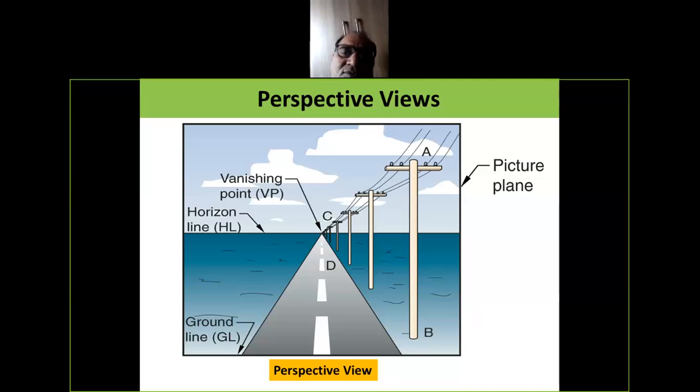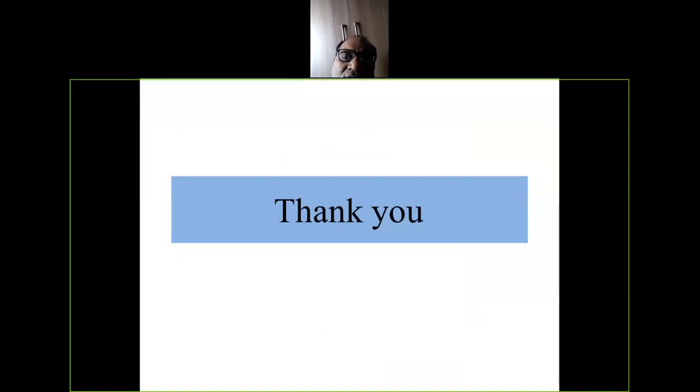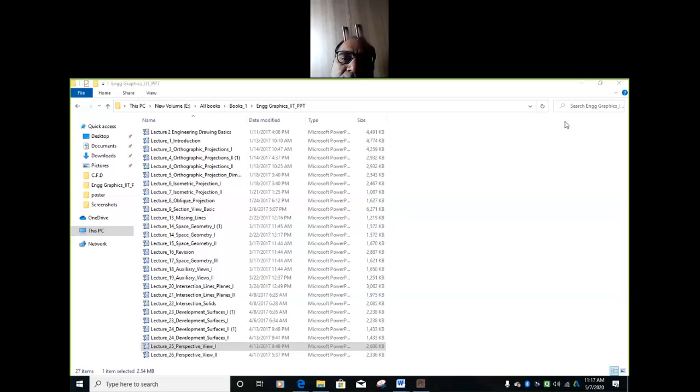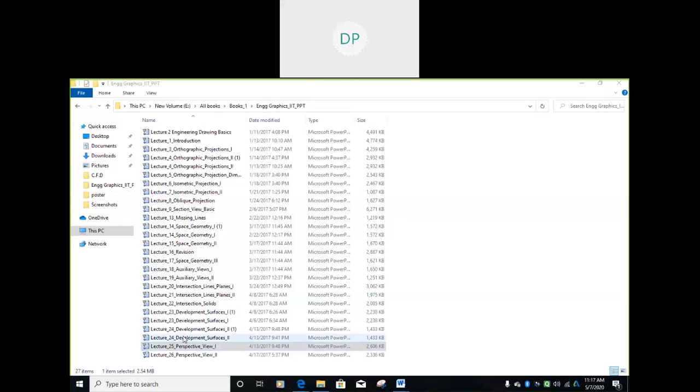So in case of perspective view, we have categorized it as ground line, from where we have taken view in the horizontal line, and the vertical point where the point met with the horizontal line, that is a convergence. So this one is the point, vertical line and ground. So this comes under the perspective view.